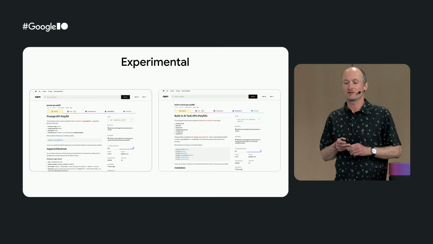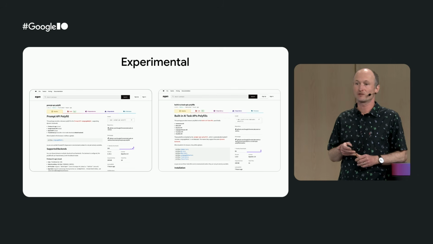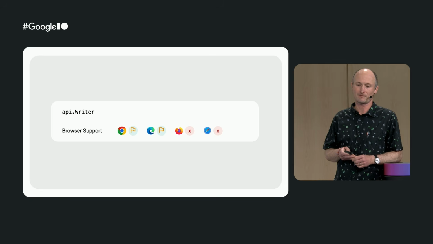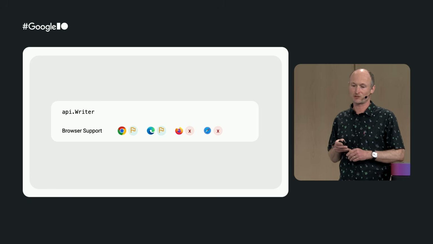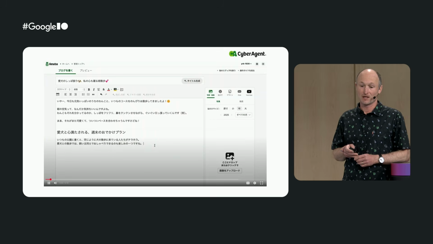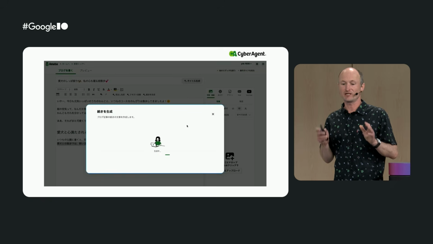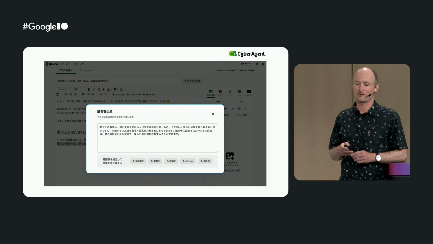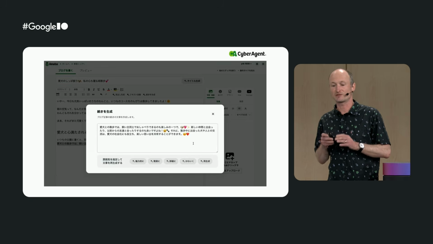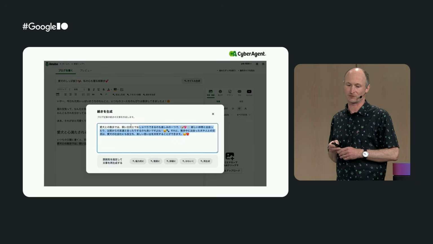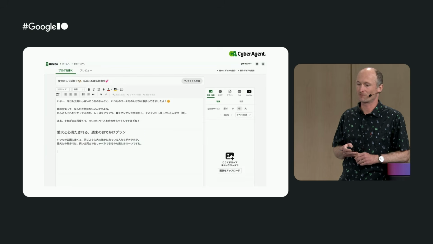If you're interested, you can find the experimental Prompt API and the built-in AI Task API's polyfills on NPM. The Writer API is available as a dev trial on desktop Chrome. You've just seen Help Me Write in the Trailblazers blog editor. Cyber Agent in Japan has released a very similar feature to their Amoeba blogging platform that makes the AI suggest the next sentence based on previous input. It's a feature their power users really, really love.